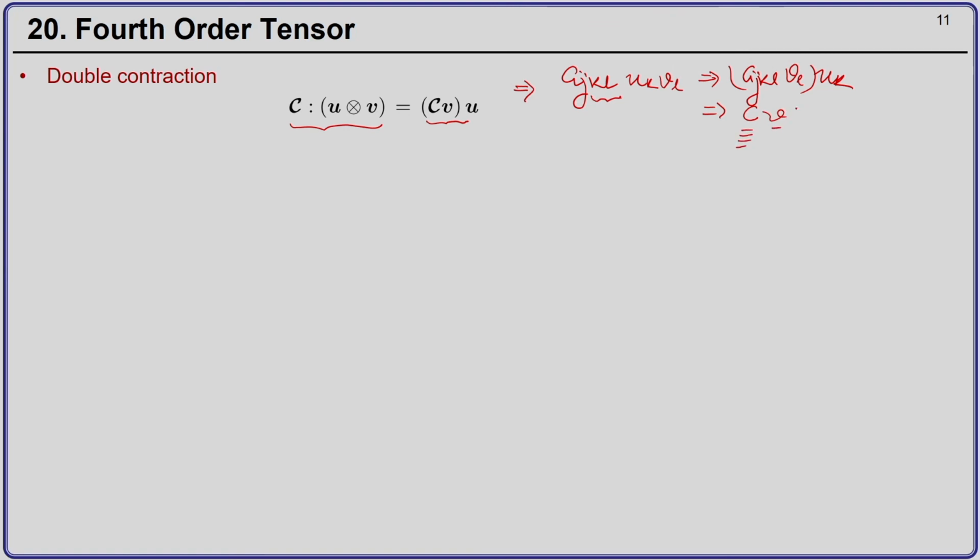Notice I have put four underbars. So, that is how you can show. So, an example of this property is this relation over here, where the Cauchy stress tensor can be obtained as double contraction of the fourth order material constitutive tensor C with the strain tensor. That is where this double contraction of a fourth order tensor with a second order tensor comes.